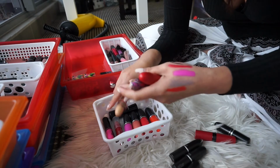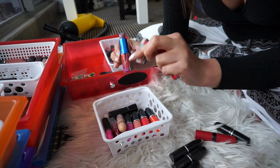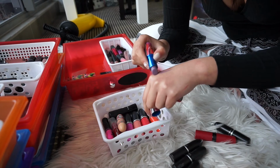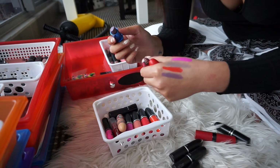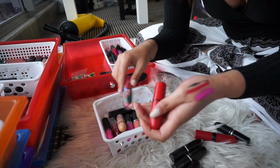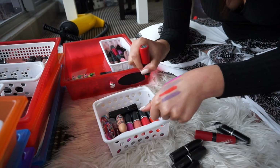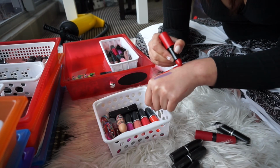Just keeping that. And then I've got one from the Chris Chang collection. I literally want to keep this one just for the packaging. That's the only reason I'm keeping it. It's because I would never really wear that sort of purple, but I'm going to keep it anyway because the packaging is just too cool. And then this one here is a red, and this one is called Hot Pepper. Now,